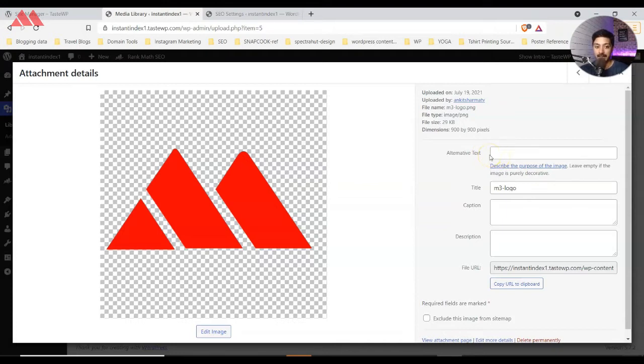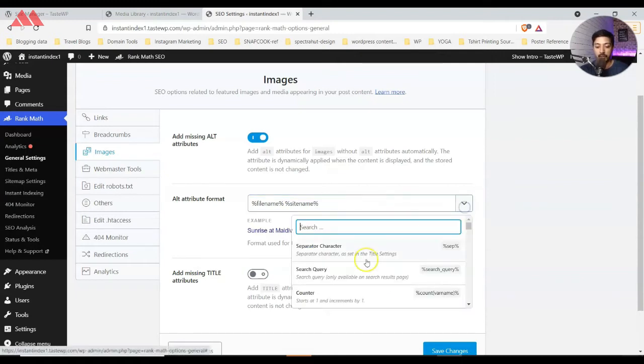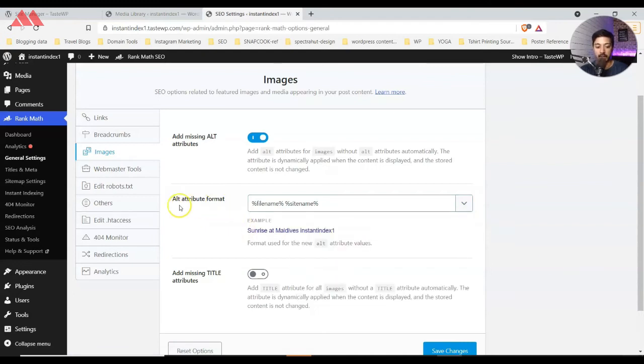So in situations like this, this option comes handy, where it will assign alt attribute in this format, where it will use the WordPress variables like this one. So the alt tag assigned to all these images will be like file name. And after that, we have another variable that is site name. So the alt tag will be file name and along with that, the site name of our WordPress site. So we can play around with all the variables available here and we can make our own alt attribute format here.